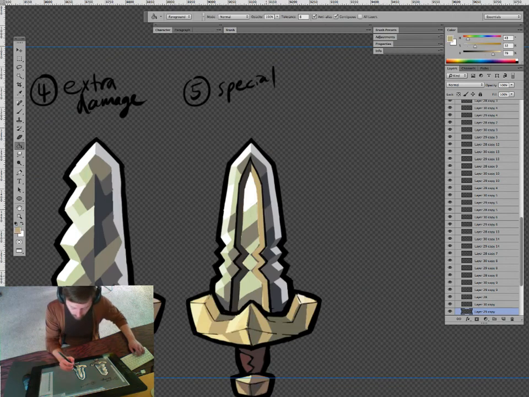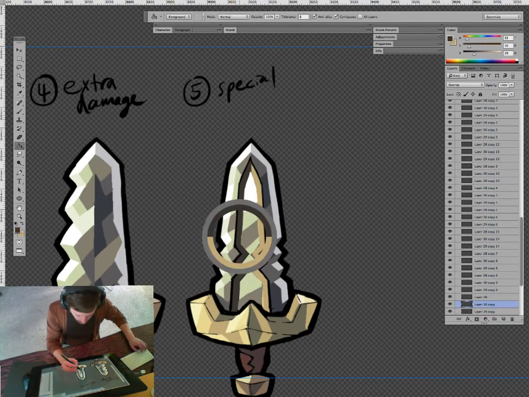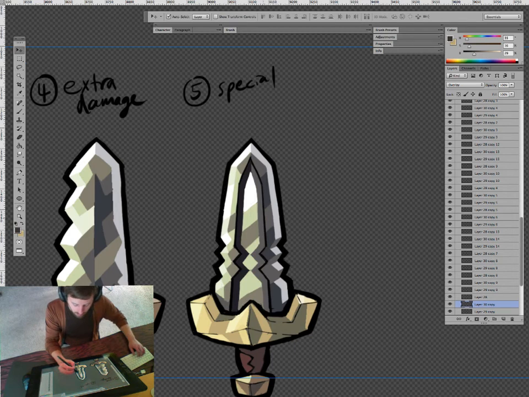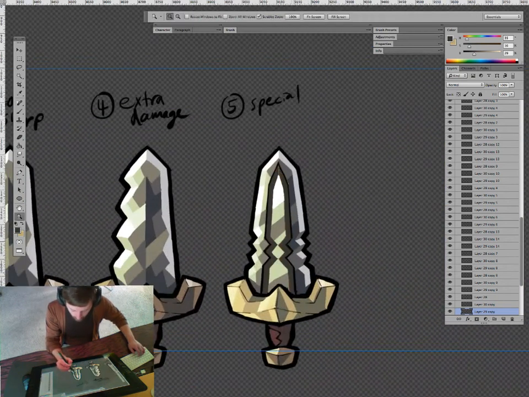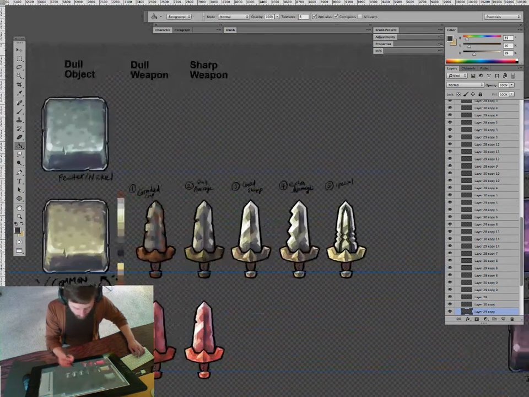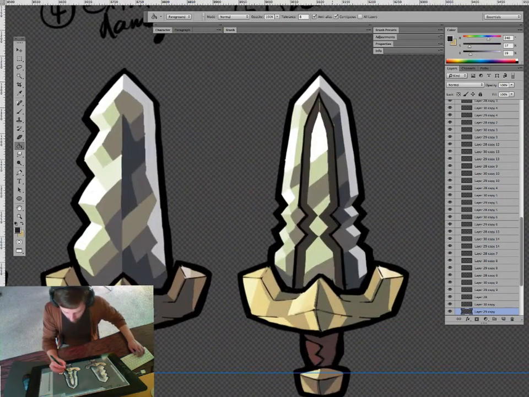So let's take these colors, and I will just get rid of this overlay because it's driving me nuts and fill this with the actual color instead. So, well, let's try doing that. I think that actually works better. I probably should have kept a state to back up to, but